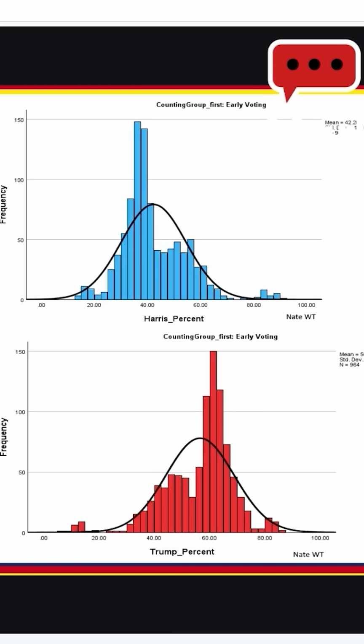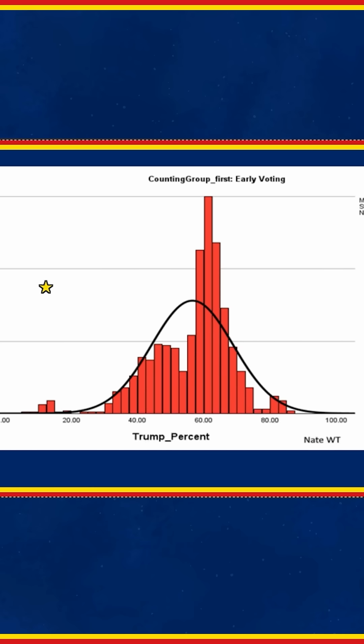The way these graphs work and the way you read them is at the bottom of the axis, it's the percent of vote. So we have two graphs here. One is for Harris and one is for Trump. And so what we're seeing is the bottom axis, it's 0 up to 100% of the vote. And so what we see is as you grow from 0 up to 20, up to 40, you get a slight curve of the graph growing as a kind of a mountain. And then when you get after around 45%, it actually drops off. And then when you hit 60, it grows and spikes up again.